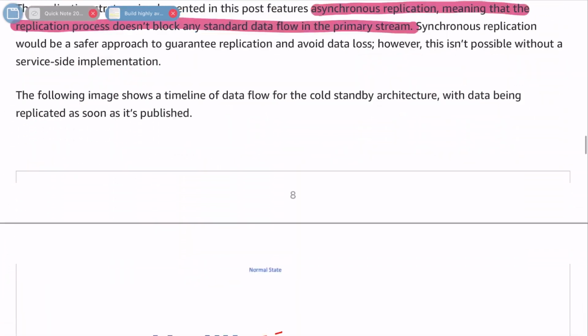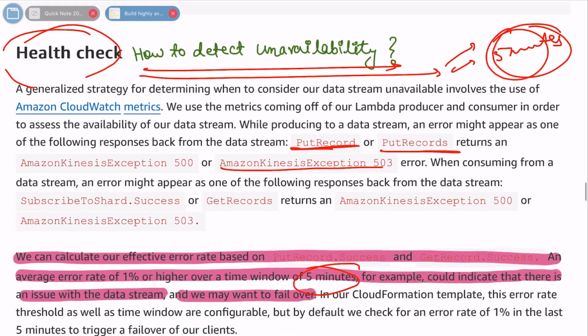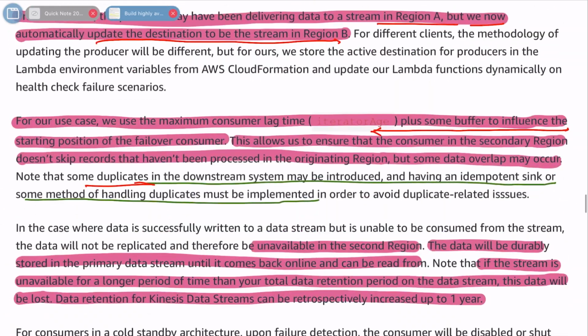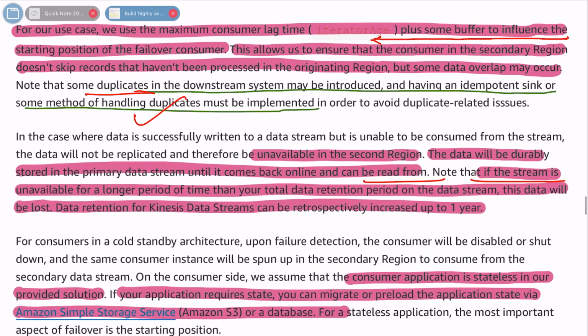Got it? So this is the idea around this particular use case. Let's move forward with our client failover. This we have discussed. The duplicate scenario we already discussed. So in the second paragraph, what we are discussing is, in case the data will be durably stored in